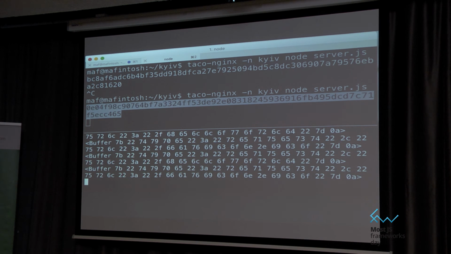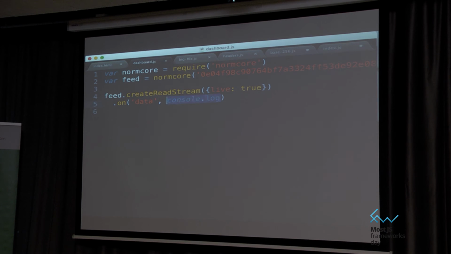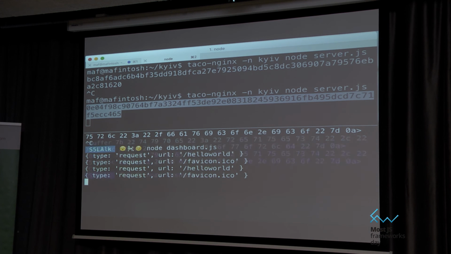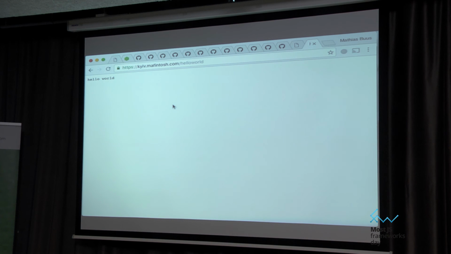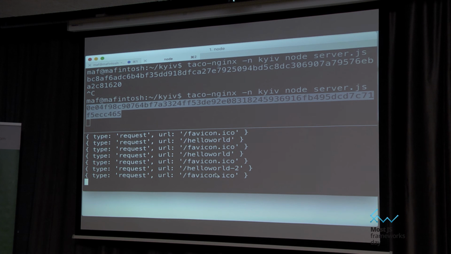So we get it out as these cool buffers. They're not very useful unless you know how to decode hex in your head. You're probably smart, you probably can do it. I can't. I just have to rely on the computer to do it. So now we can actually get this into our program locally, and it's still real time. So if I refresh this, I still get it in real time, right?